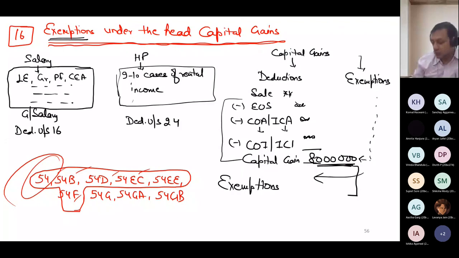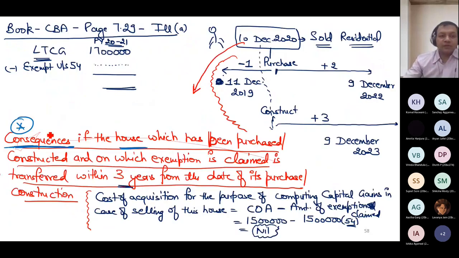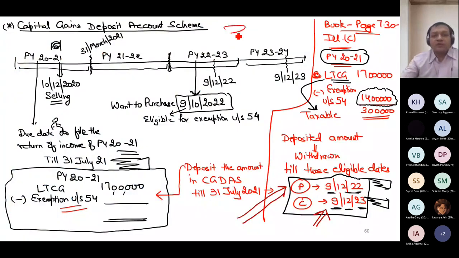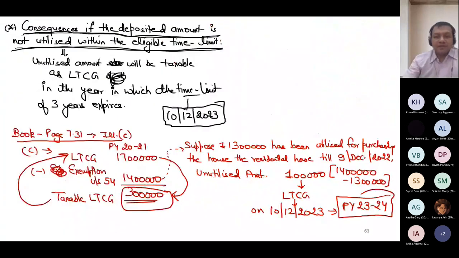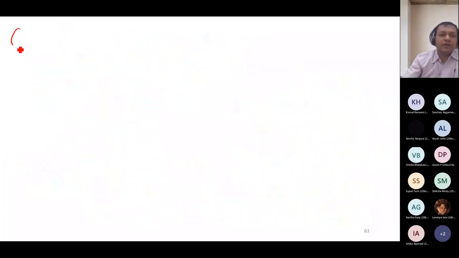There are so many points which you need to remember. First, my original condition, that was point number 1. Then the consequence if you sell the house within 3 years. Then the capital gain deposit account scheme. Then treatment of unutilized amount. Then if both the things are happening till the due date, and then the sixth main point,